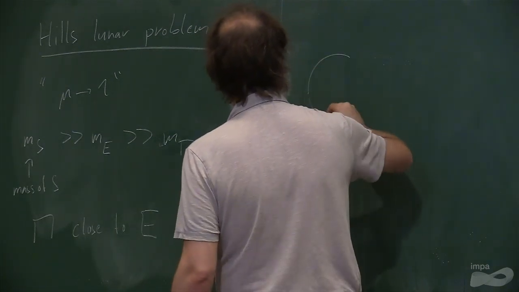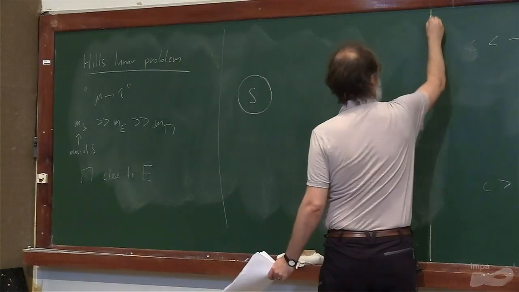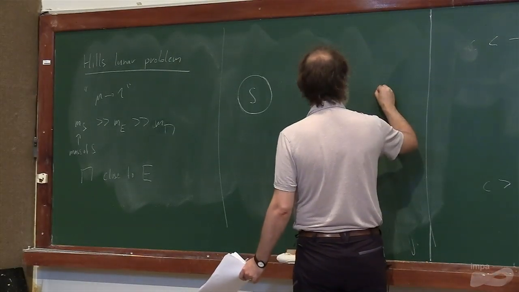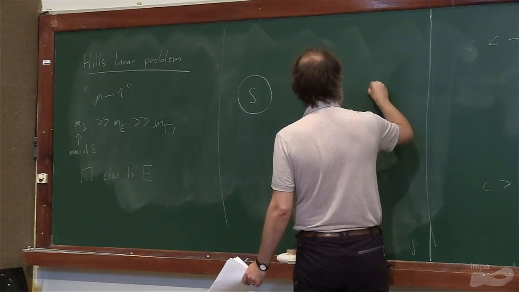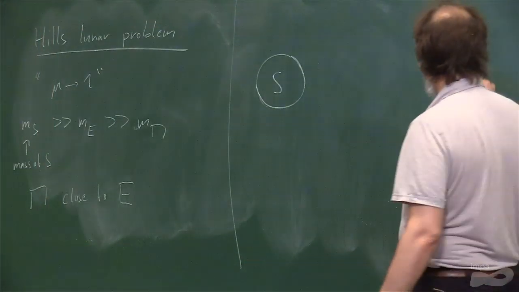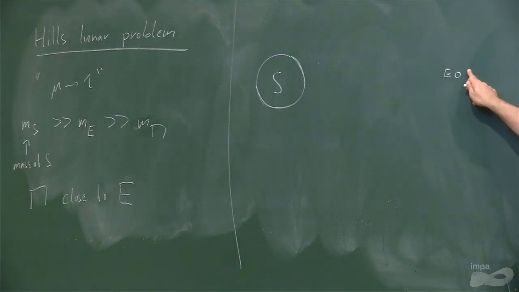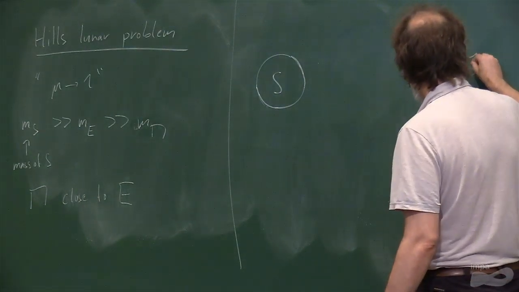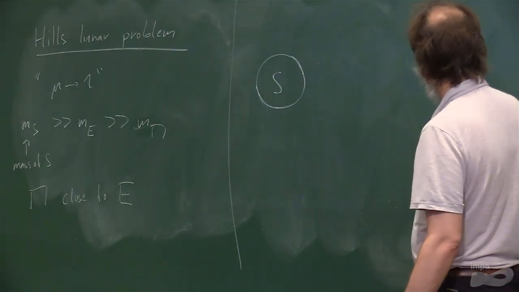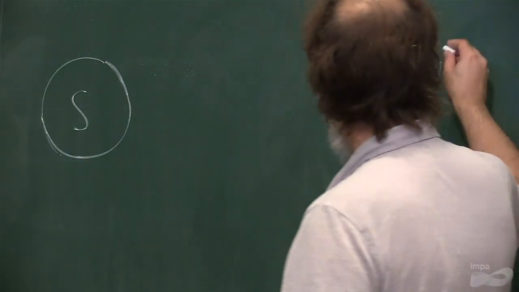We have a very big Sun. We have an Earth, which is nothing compared to the Sun, but is still much, much heavier than this little point you barely see. This is the Moon. So here is the Moon. But the Moon is very close to the Earth. And then what we do is,